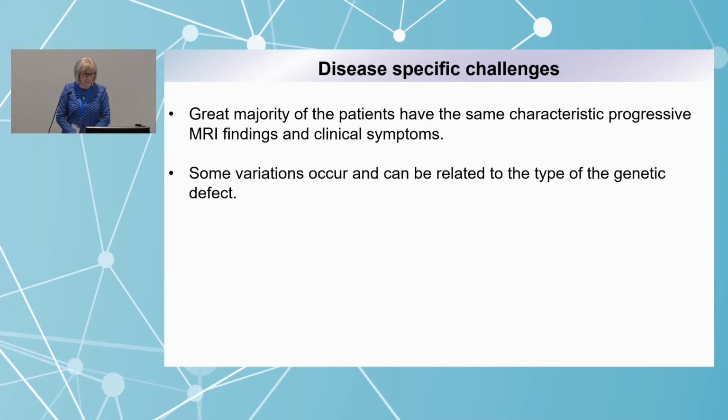And challenges. The great majority of the patients have the clinical and radiological findings such as I have shown. But there are some variations. There are some patients who don't develop autonomic symptoms or develop them quite late. There are patients who have no changes in the spinal cord and very mild or no changes in the brainstem